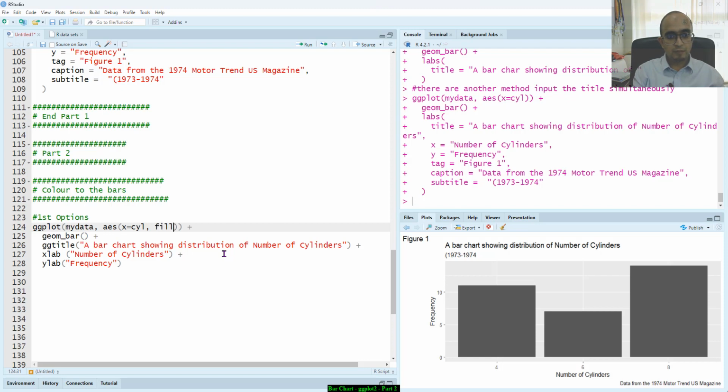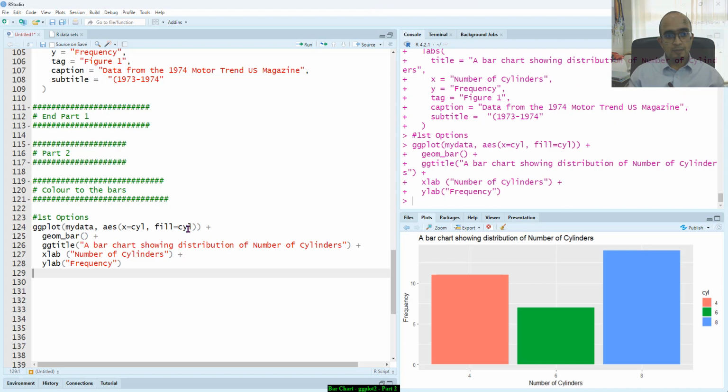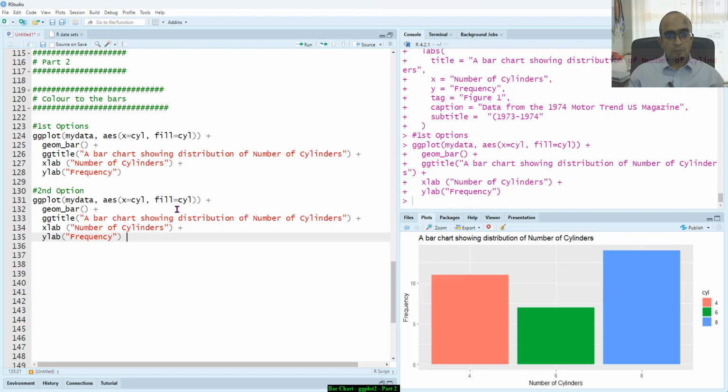To create a bar chart with color, first we can use the fill function. Fill equal to cyl, the same category, so it will color automatically. So this is the first option. For the second option, with the first option we cannot choose the color, because R will choose accordingly. So without filling, we specify the fill argument, and we specify the color here,